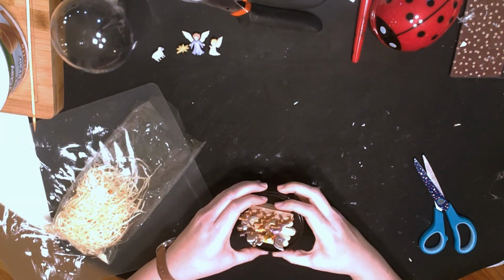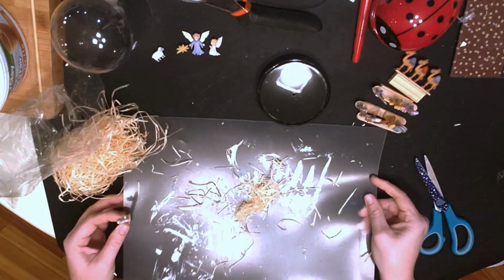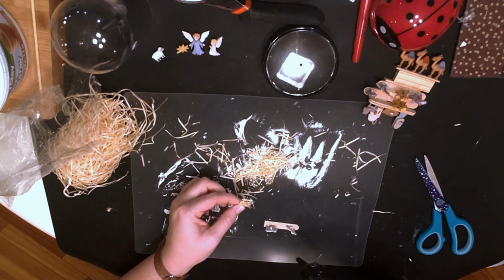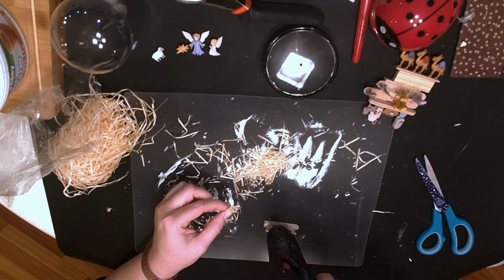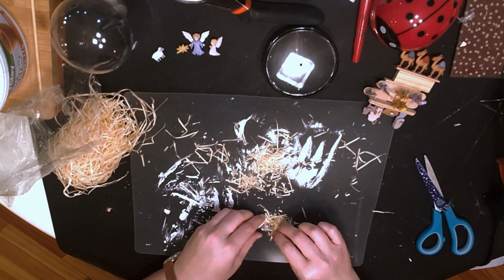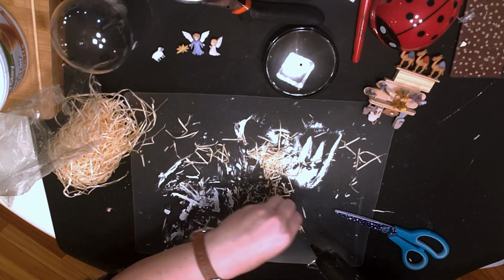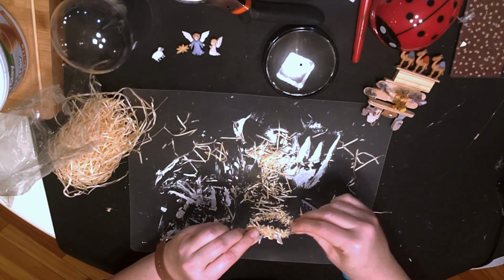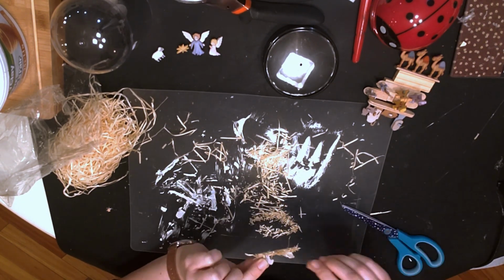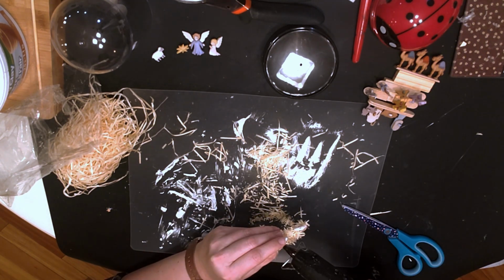Okay, the levels are set, so now we are going to cover up those craft sticks with some of this Excelsior. So to get it to stick just right, I cut up the Excelsior to as small as I could get it, and I am sprinkling it on top of the hot glue, as you can see here. The smaller the pieces, the better in this case, because the larger pieces will just overpower the characters and it just won't look right,